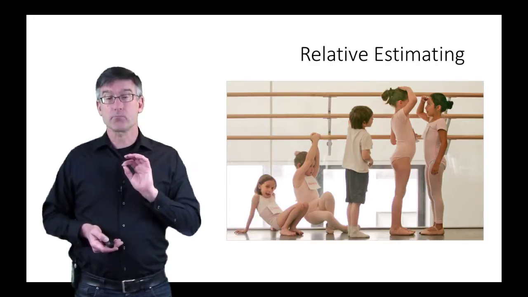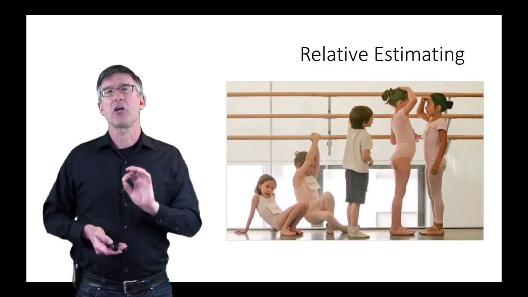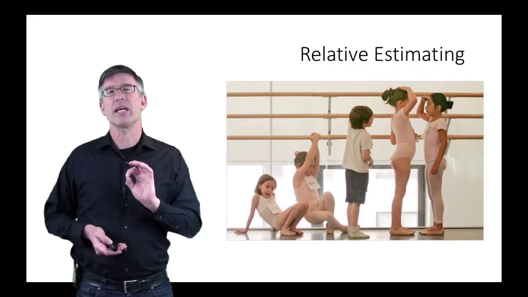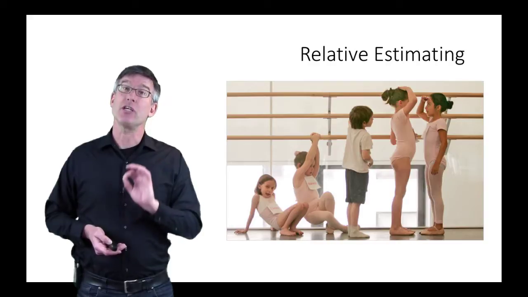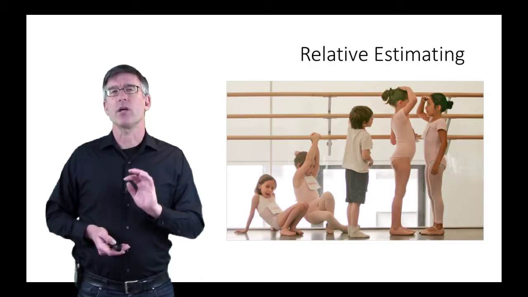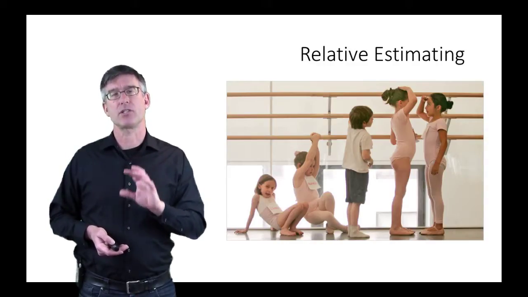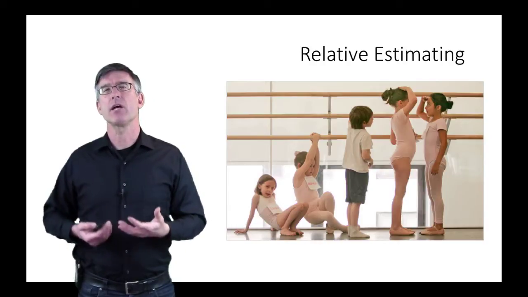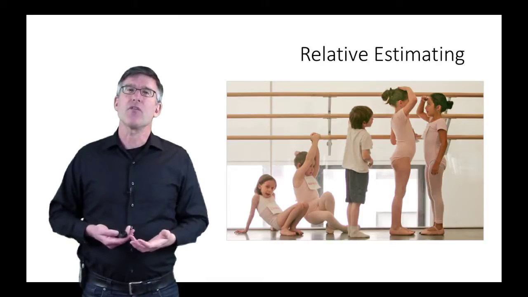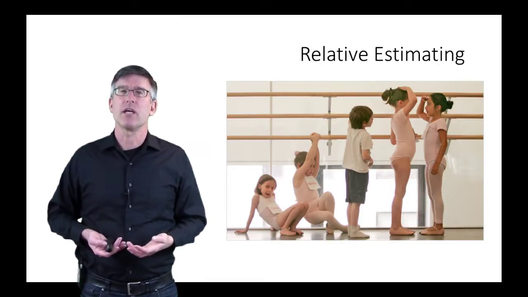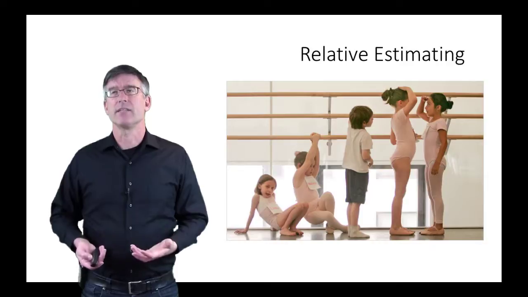This is quite a radical break from what we would normally think of as an estimation technique, but it's also got a wonderful approach to it. It is a neat way to actually get you to do estimation using historical data. And we all know that the only true, reasonable way to come up with a reasonably accurate estimate is to actually compare your work to something you've done in the past, to use historical data. So I often like to think of relative estimating as advocated in the Agile world as really a simple trick to get you to use your historical data.